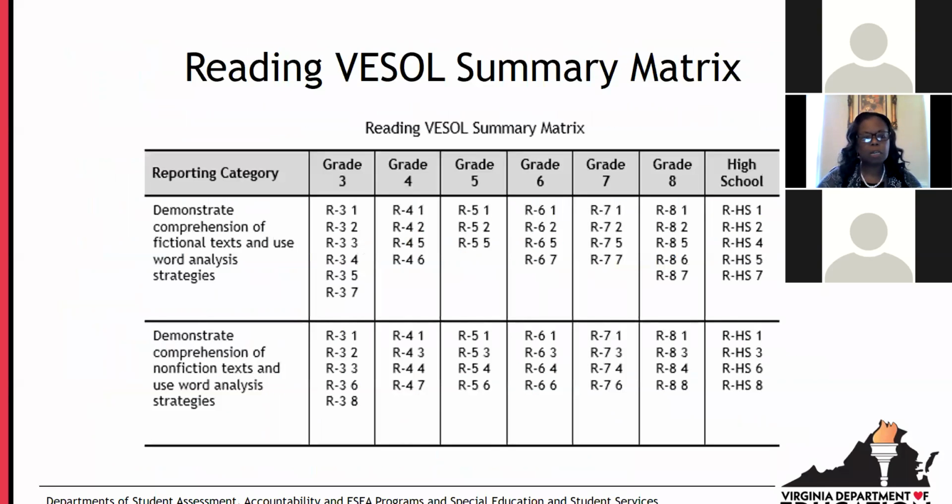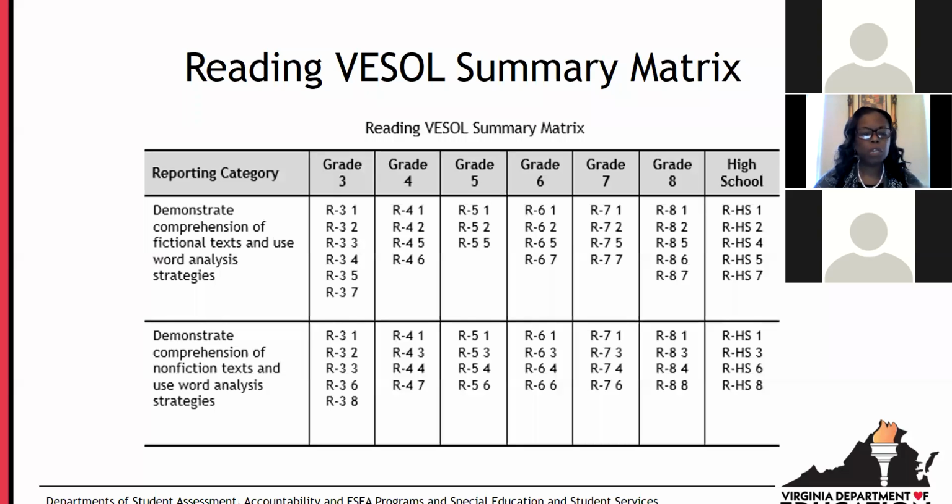So Leah, let's go to the next slide. And this is the summary matrix that I mentioned. This is a sample of the summary matrix for reading. So you can see in the left-hand column, what's listed in this matrix is the reporting category.